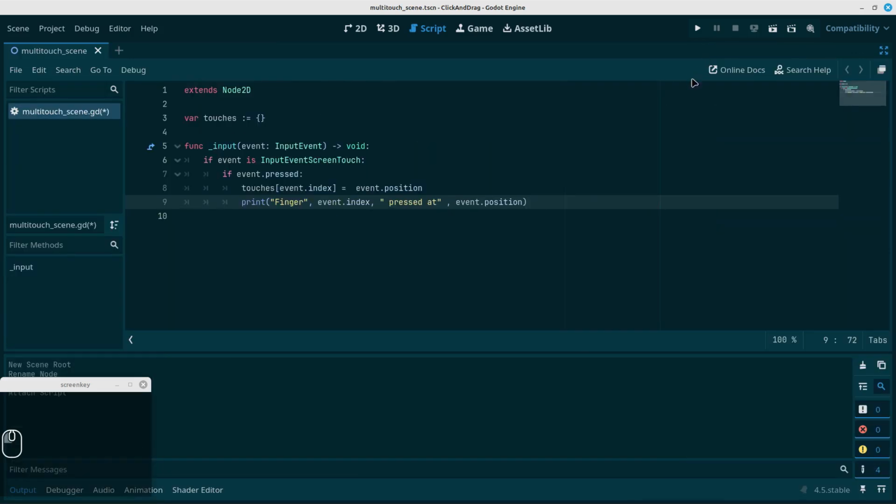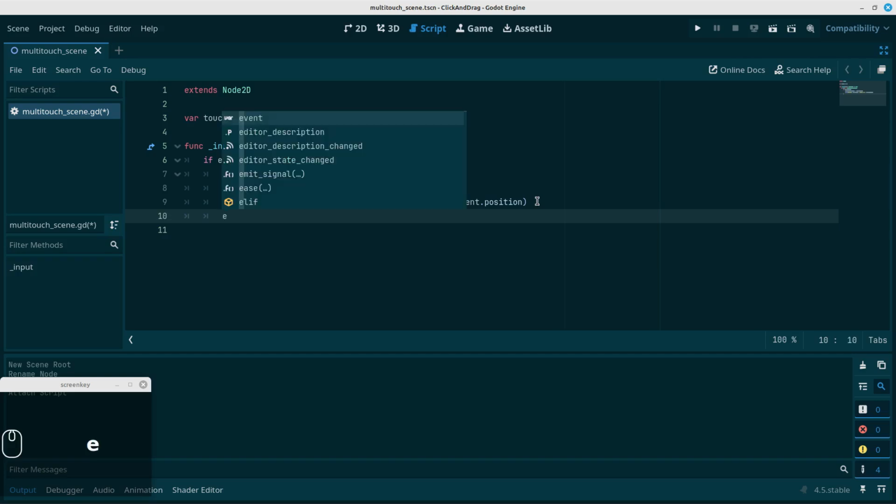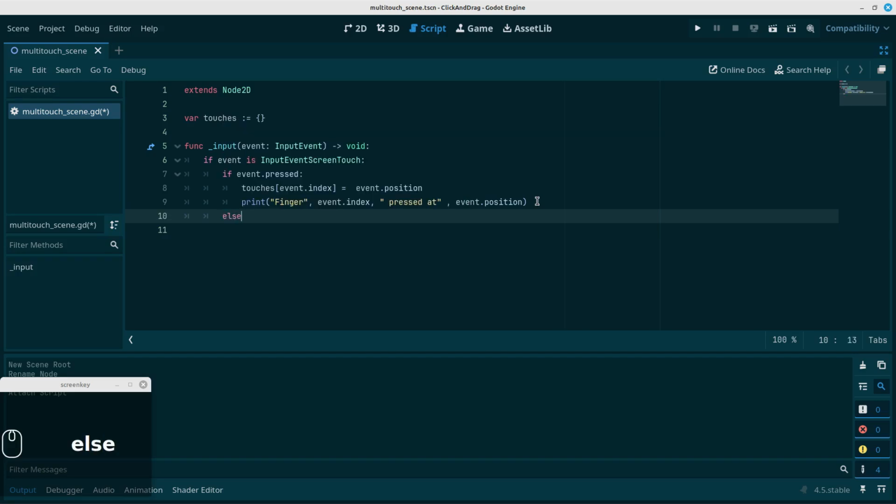Let me just widen this. We're going to register that index and the position in the print statement. And again, just like before with a single touch, we're going to look for if the finger was released,